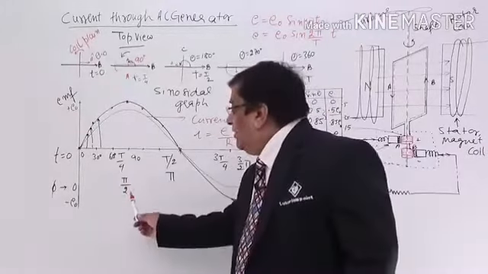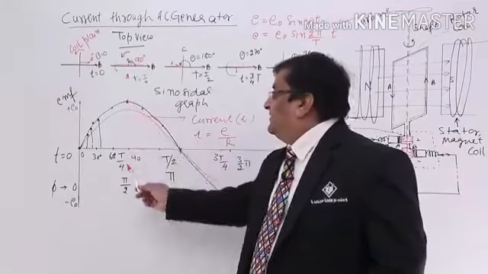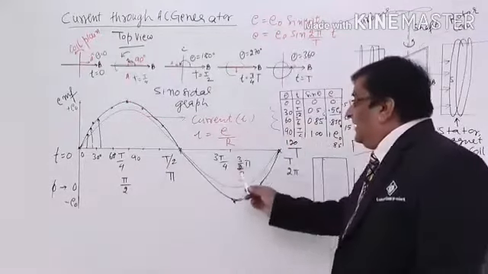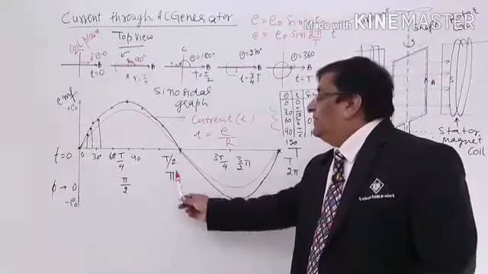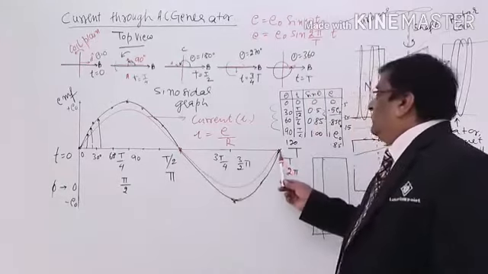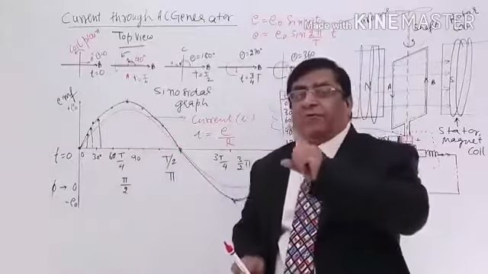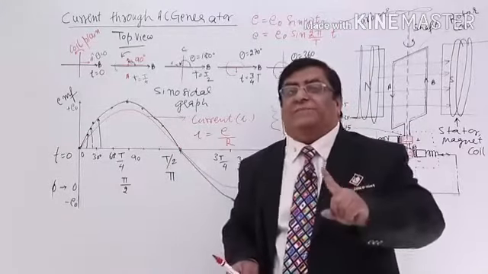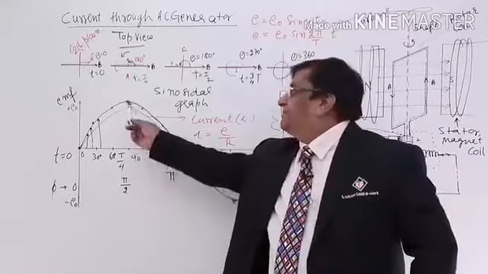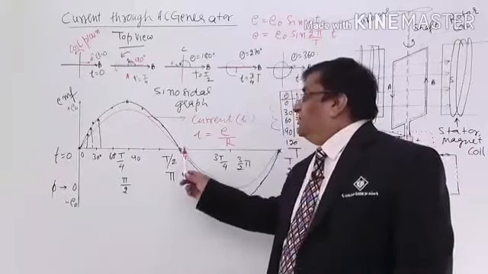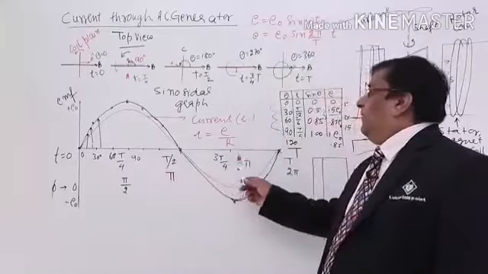So this we call phase. So at the peak value, at what phase is it? Pi by 2. At the negative peak value, its phase is 3 pi by 2. At the phase pi, 0. At the phase 2 pi, 0. At the phase 0, 0. These are known as the phase of the wave. We will require it in the phasor diagram. So please remember, at phase pi by 2, what is the value? Maximum. And at phase pi, 0. Similarly, you can remember the time equivalent.